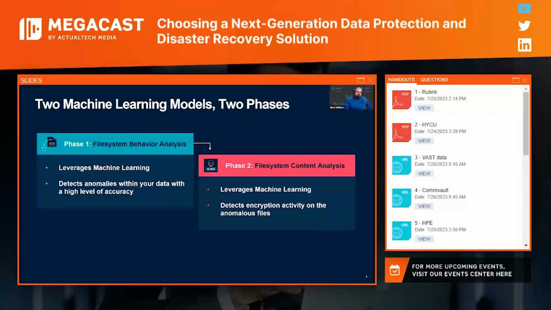So the first is file system behavior analysis. During this phase, data that's been changed since the last backup, or previous backups, plural, is fed into that machine learning model.